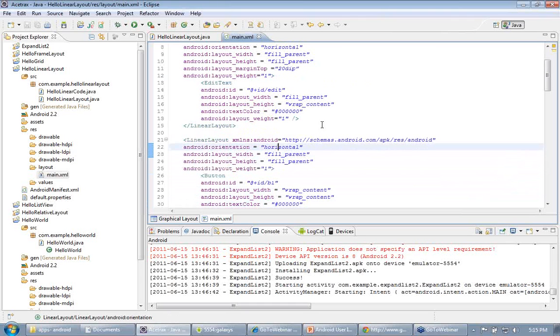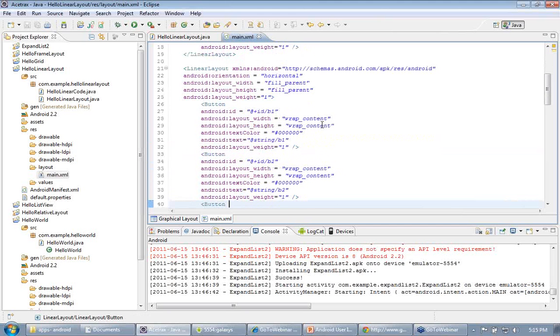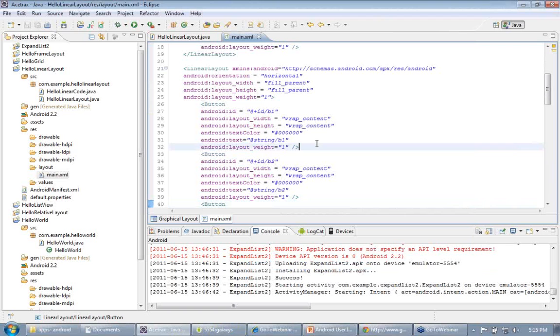After this, we have a second linear layout component in which we are defining buttons. You can see a series of buttons in the program. So we have the first button, and in this button we have defined a string.